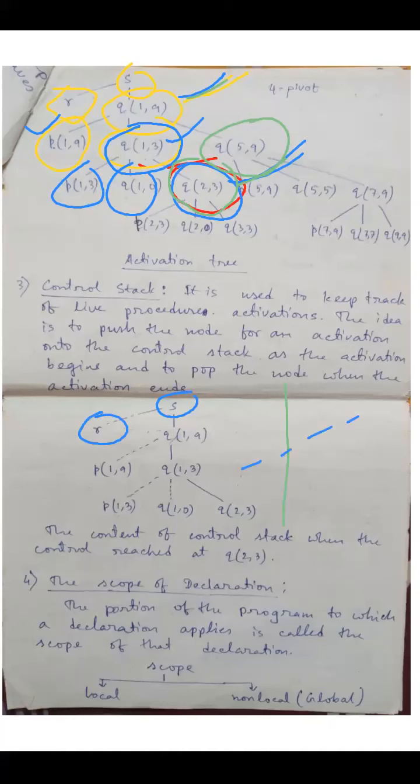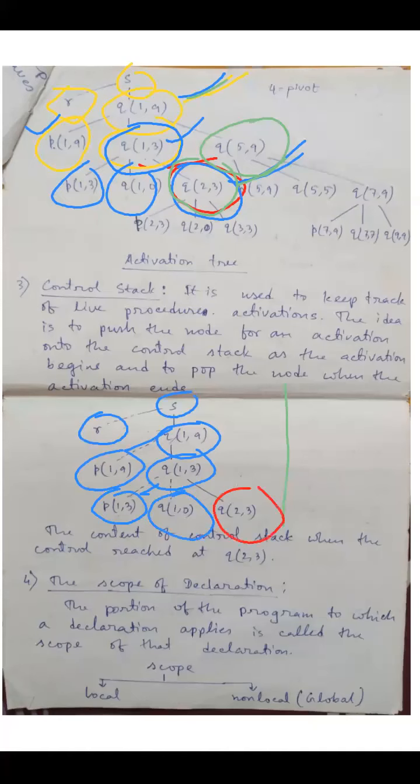That is complete. Then after S we call Q. Under Q we call P. Dotted means it is completed. Then you call Q, then under Q we call P13. It is completed because of the dotted line. Then you call Q, this part, it is completed with a dotted line. But we are now over here. This has just been called by this function, but till now it is not completed.